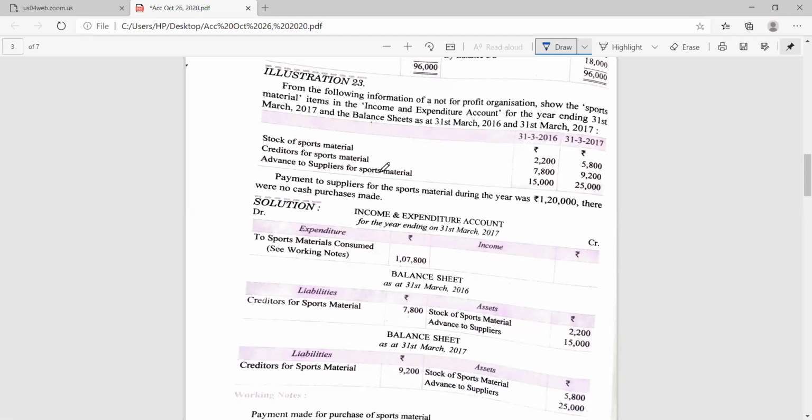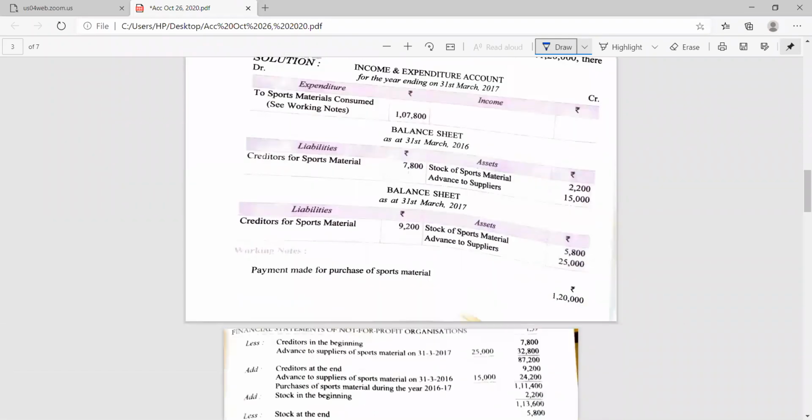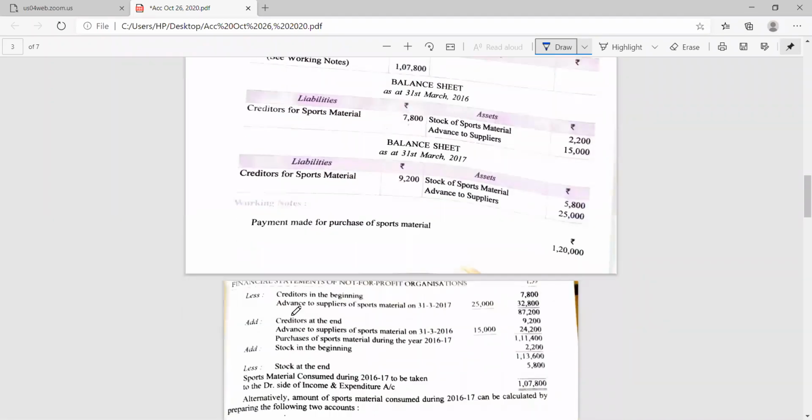Creditors are given to us. Along with that, the advance paid to the supplier is also given to us. In the previous formula, we have not talked about the advance. So whenever the advance is given to us, see, it is an advance payment. Loans and advances are there. So the advance, the prepaid payment, is shown here. The opening advance and the closing balance of advance to supplier are to be shown in the opening as well as closing balance sheet. And further, the things are to be used in the formula.